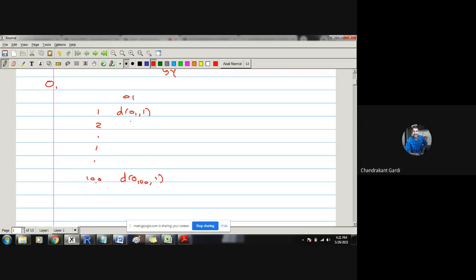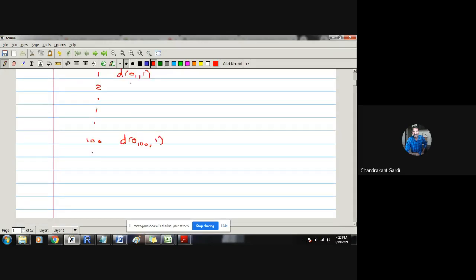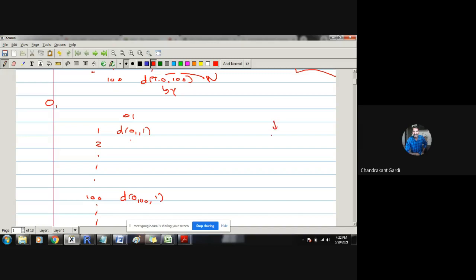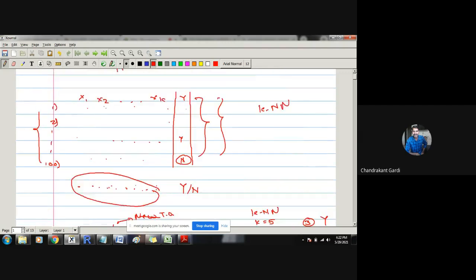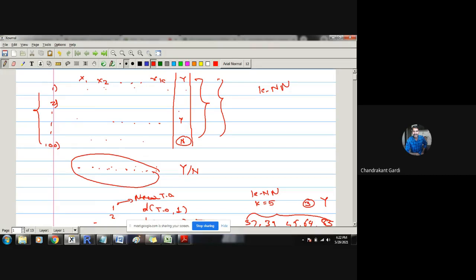Now suppose instead of 100, the data is on 10,000 observations. Suppose a new customer, a new entry, has arrived. Suppose we have a regression model. Even though this KNN is a classifier, it can also be used as a regression model. Suppose these are the five nearest neighbors and the response variable y is numeric. Then for this 37th customer, what is the value of y? For this 39th customer, what is the value of y? Similarly, for this 83rd customer, what is the value of y? So these numeric values will be there.